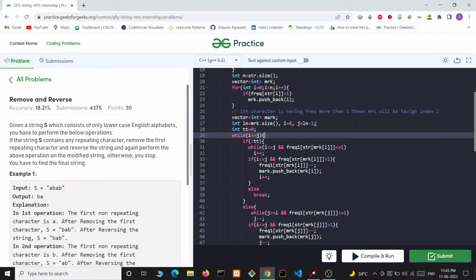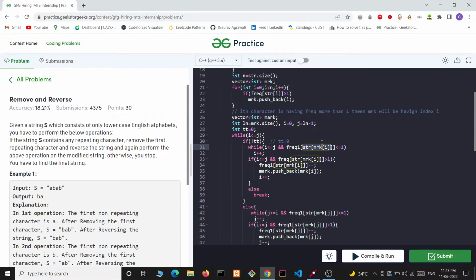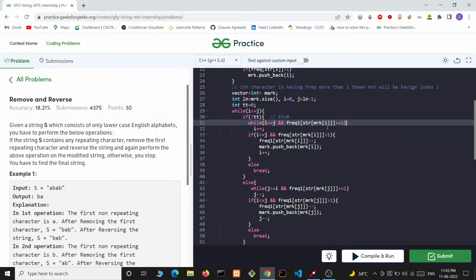Firstly, I have taken two pointers, i and j. ln is the length of the mrk array. After that, if tt is 0, then while i is less than j and frequency1 of str[mrk[i]], so this is the character which has the index mrk[i], is less than or equal to 1, we will keep increasing i, and we will find the first character from the left which has frequency more than 1.